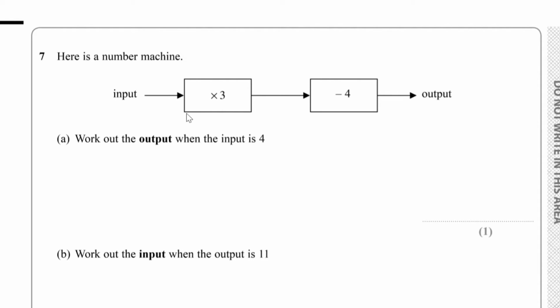Question number 7. Here is a number machine. We input, we times by 3, we subtract 4, we get an output. For part A, we have to work out the output when the input is 4. So we start off with this 4. After this, we would have to multiply this 4 by 3. After this, we subtract 4,